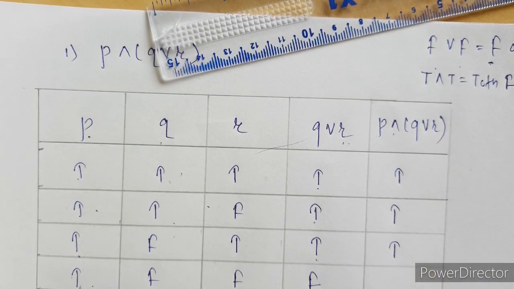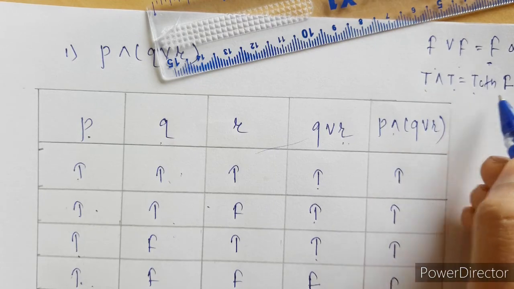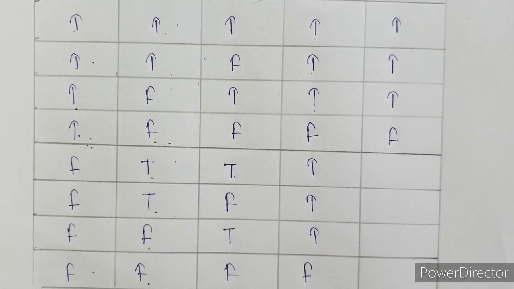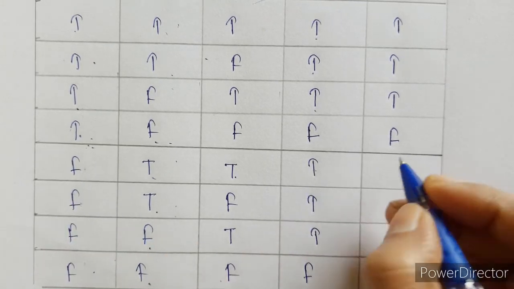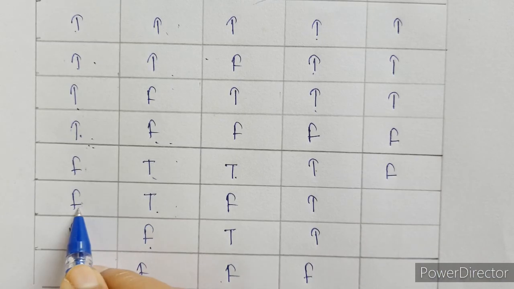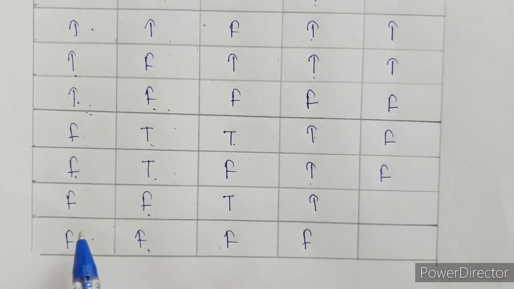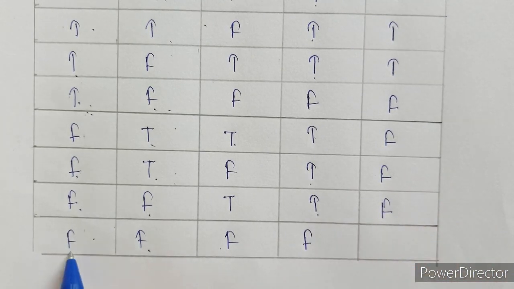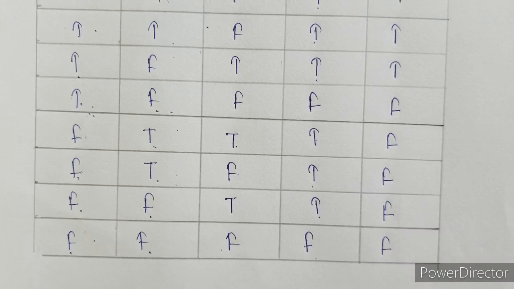Now next is true and false. In this case it is going to be false, as only if both are true it is true, otherwise for all other cases it is going to be false. Now next, false and true, again false; false and true, this is also false; next is false and false, which is also false, because only in case of true and true it is